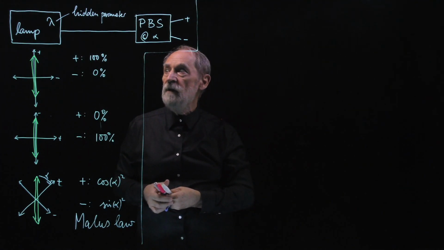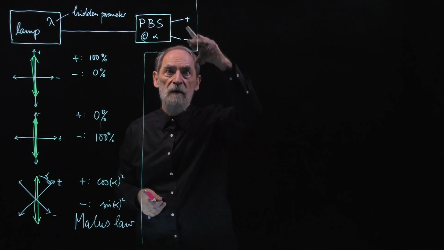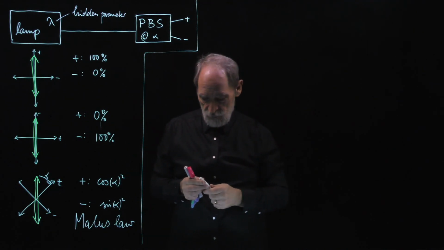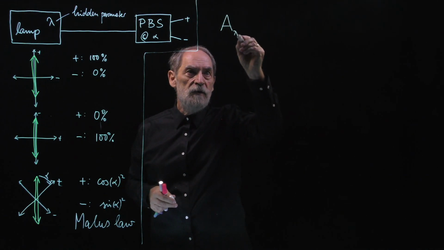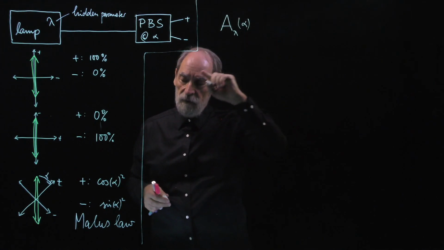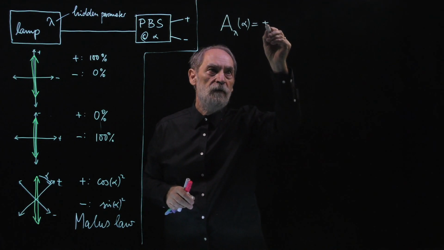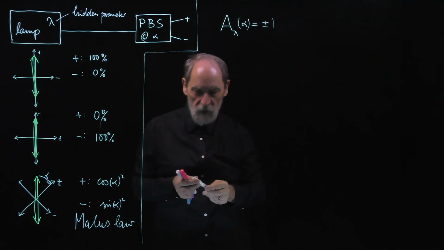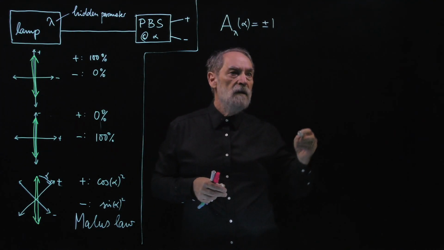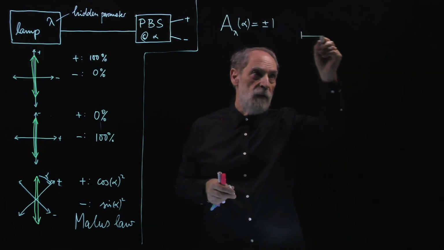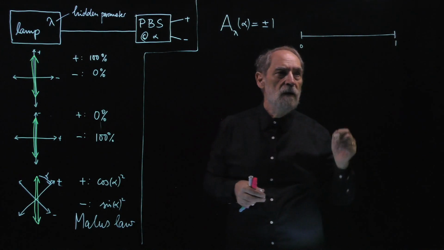And for each photon, it is clear at the time when the photon leaves the lamp whether it will go to the plus side or the minus side at the polarizing beam splitter. So we imagine that there is a function that kind of summarizes these instructions, which has the value +1 for some photons and the value -1 for other photons, such that the Malus law is correctly reproduced. One such function, there are many, one such function could have lambda between 0 and 1.